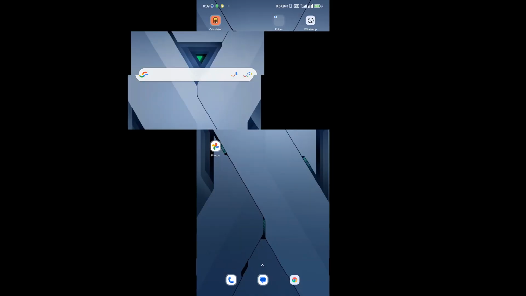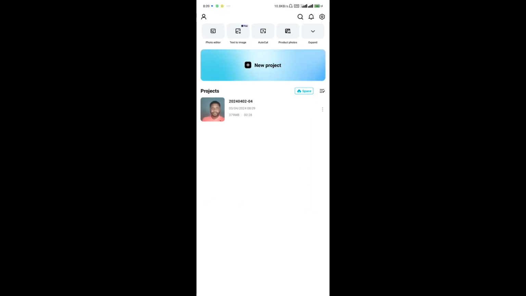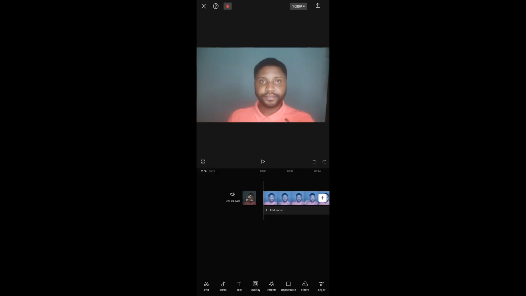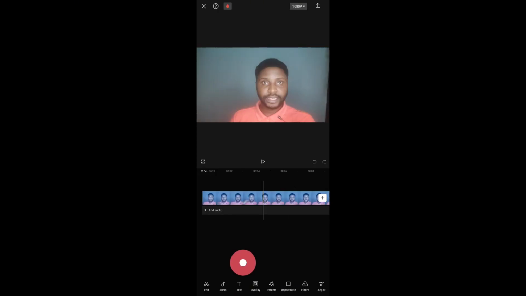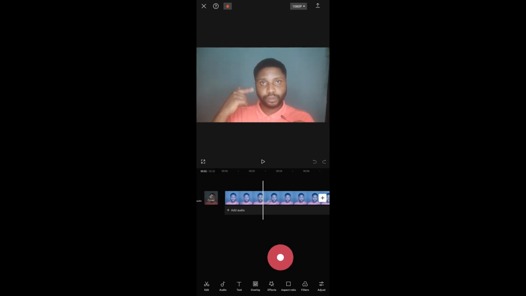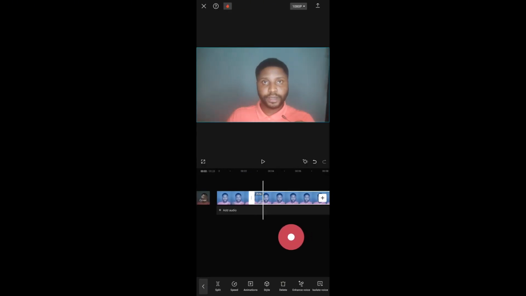Let's get started. So the first thing you want to do is open CapCut on your mobile phone and create a new project. Once you have created a new project, you're going to see your video in your timeline. So you can scroll around your video to know where you want to add your blur effect. I'm going to add the blur effect where I am pointing at my face, so somewhere here is good. Once you found your starting point, you want to tap on your video in your timeline and then split the video. You want to scroll to the position where you want the blur effect to end and then split the